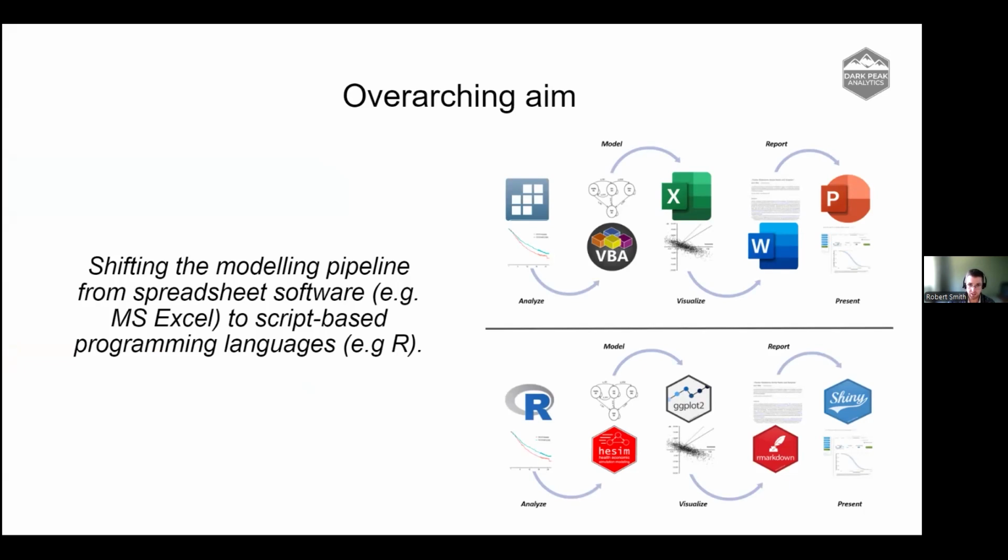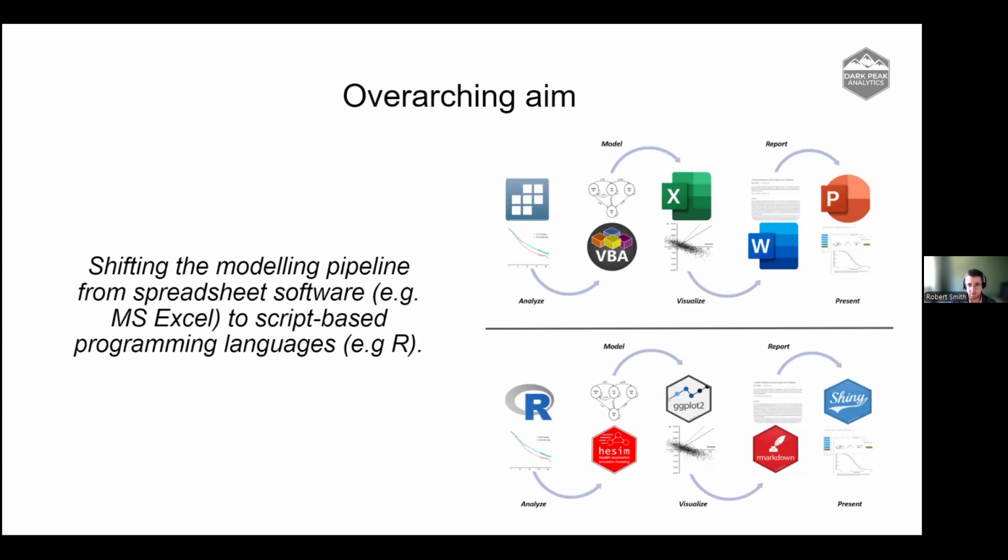If you think of the current HTA or public health modeling pipeline for a piece of analysis that feeds into a model, at the moment, I think we're generally up on the top diagram here, where you might do some analysis of some data. So it might be cost data or survival data, and you might do that in software like Stata, or you might already be using R. And then you might take the outputs of that, so they might be some parameters for a distribution, or some average costs or utilities or whatever those outputs are,